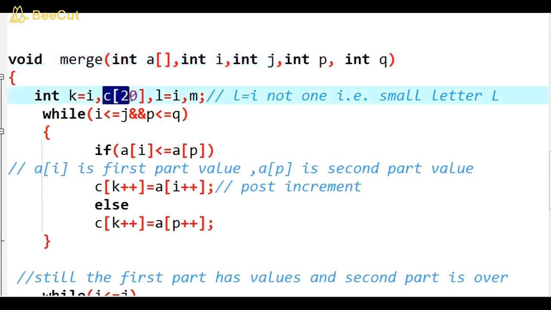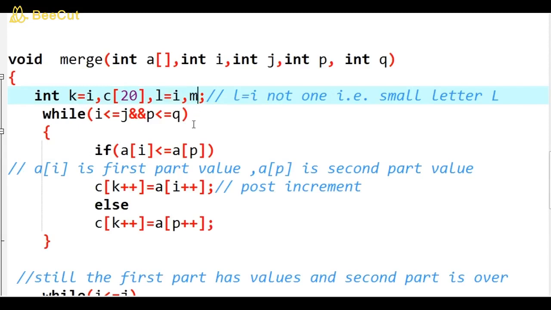So c is the merged array name. So c starting index value is i. For accessing the merged array c, I am using the variable k whose value is i. Then I store the index value i in the l variable. So l value equal to i.